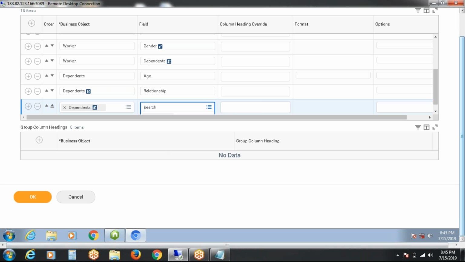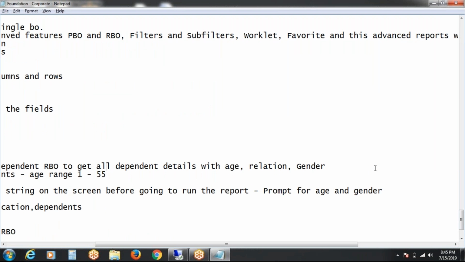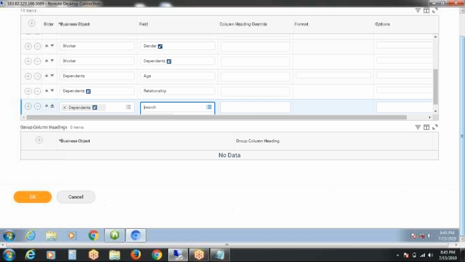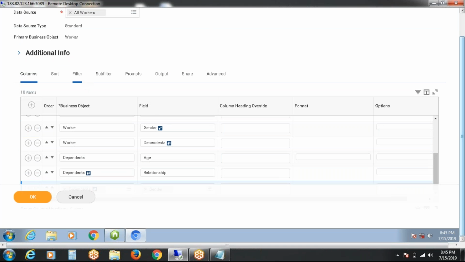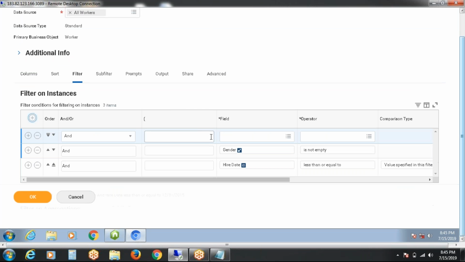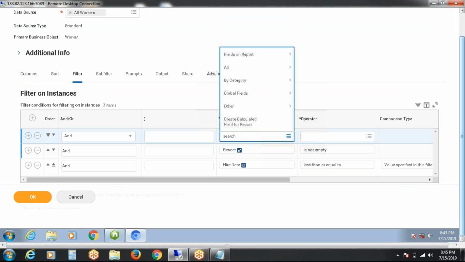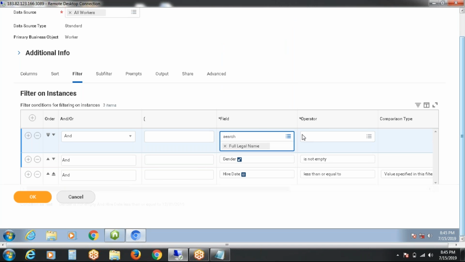Okay. So now I have given, as per the task, age, relation and gender. These three details I have given to the dependents RBO, and I need to call the worker and inform him to leave the report if he is not having any dependents.